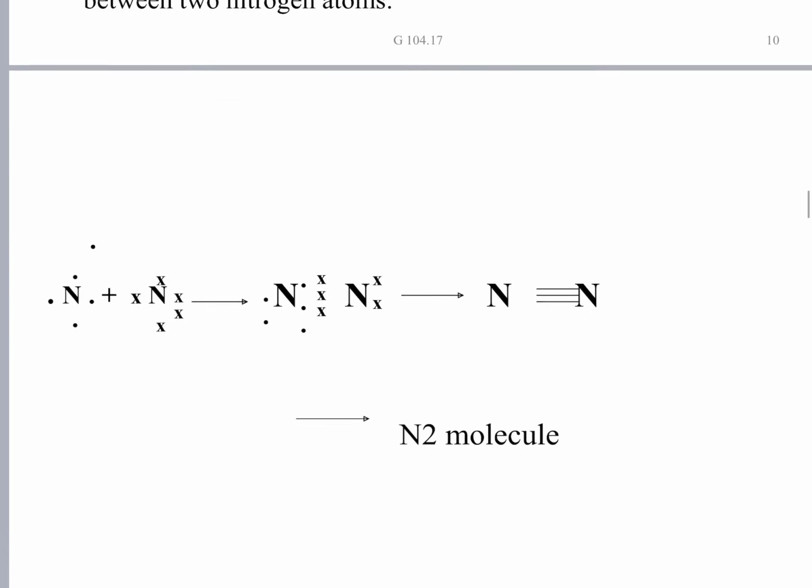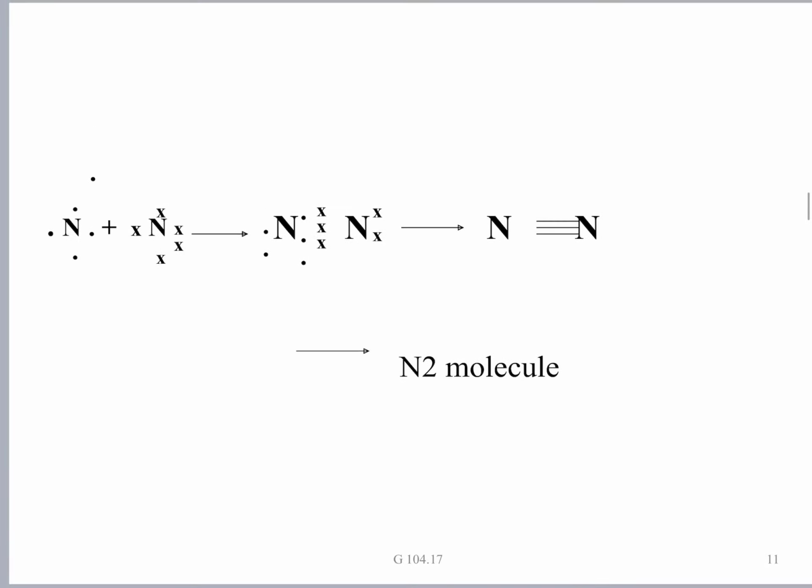Because of this lone pair, nitrogen acts as a Lewis base, and in our organic chemistry, in our body chemistry, nitrogen is the most important base. In all the amino acids, nitrogen acts as base. In all the protein formation, nitrogen acts as the base because of that lone pair. That lone pair is one of the reasons for the survival of life on earth.